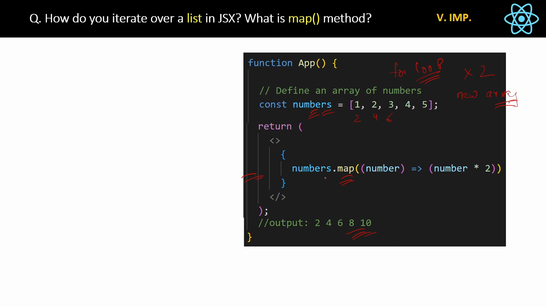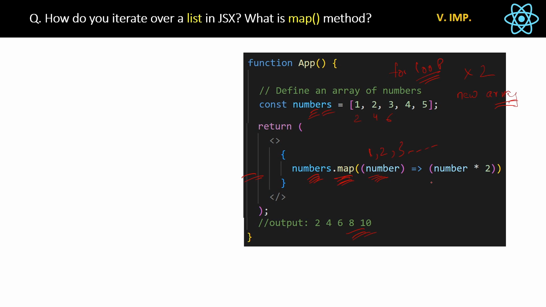Listen carefully. Here we will call the map method of the numbers list first. Inside the map method, this number is not numbers, this is just a number. Number is the parameter which is accepting one by one all the array elements. So first the number parameter will be 1, then 2, then 3, and so on.